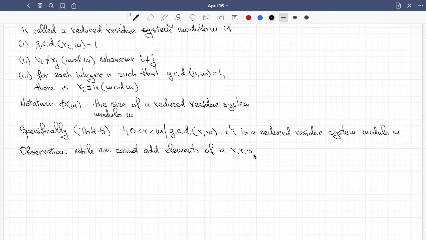It takes time to write too many words every time. So we cannot add the elements, but we can multiply them. What does it mean we cannot add them? I mean that